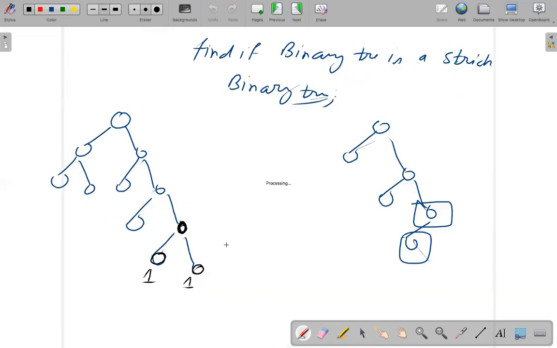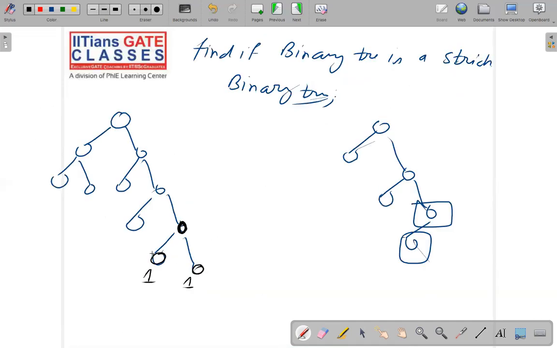So if both left and right are true, then we will have 1 here. And this is a leaf node, so it will return 1 here. Both left and right are true, so we have true here. This is a leaf node, so we have true here. Both left and right are true, so we have true here. Here, these two are leaf nodes. Both left and right true, we will have 1 here. Now both left and right are 1 1, so we have 1 here. Similarly, here